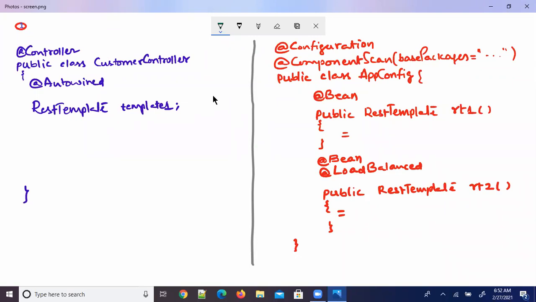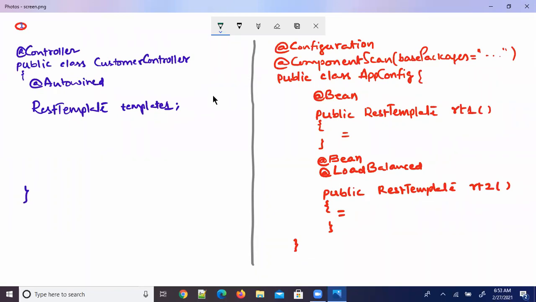See, when I'm writing this controller, when I'm defining the application class, I don't know whether ambiguity is going to occur or not. But when I come to configuration, generally configuration comes after code.